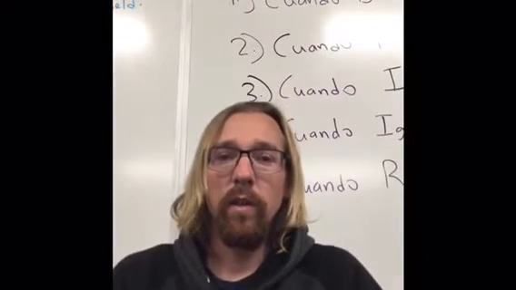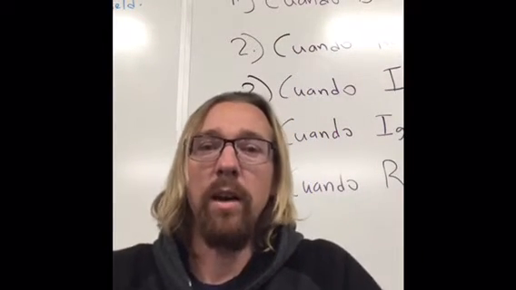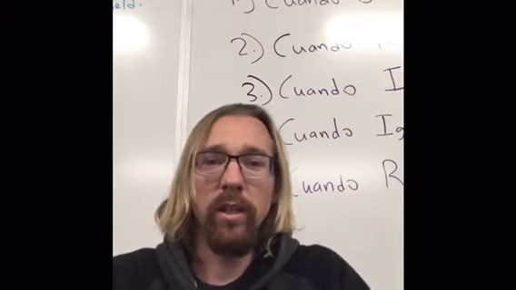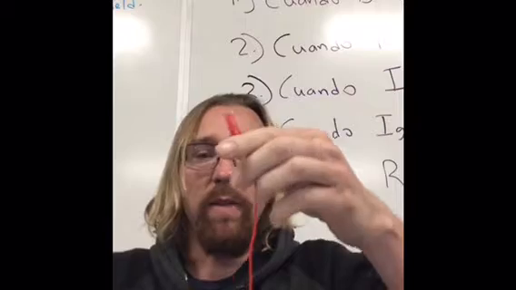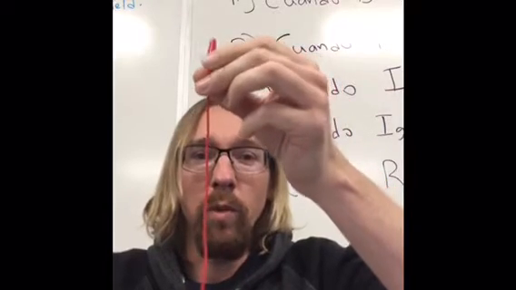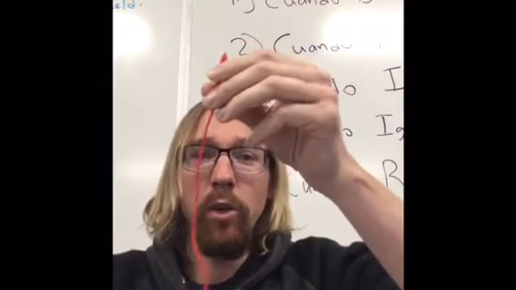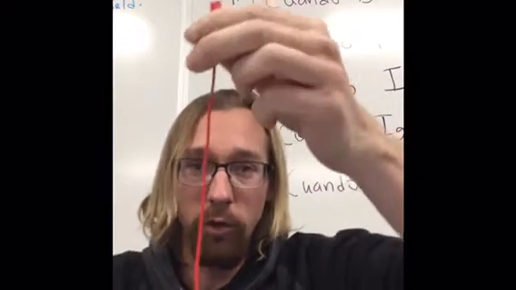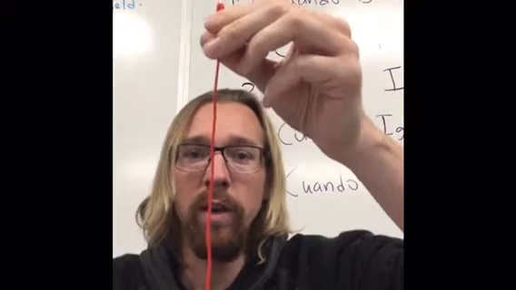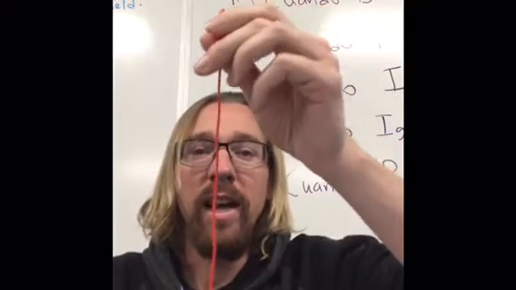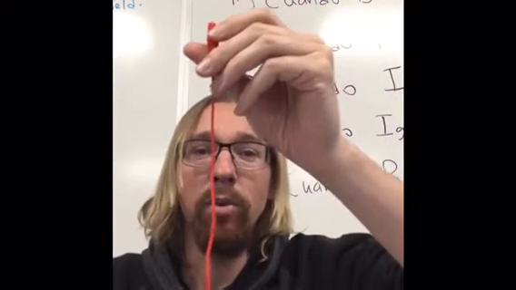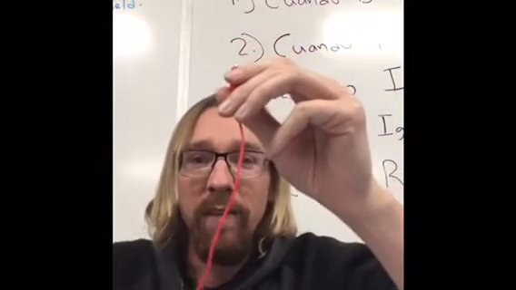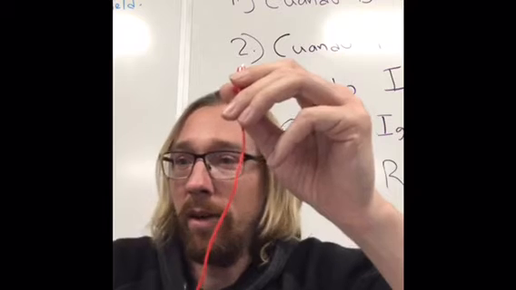Hey guys, so over the past couple of days we've been talking about the relationship between electricity and magnetism. One of the first things that we talked about is how if you have electricity running through a wire, that electricity actually will make a magnetic field around the wire. So imagine that I have electricity running through this wire, there's a current running through this wire, and that current will produce a magnetic field around the wire,